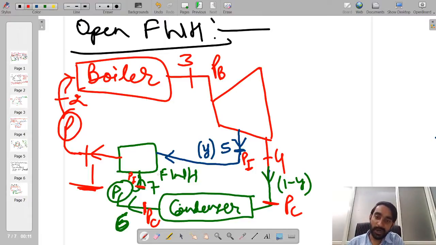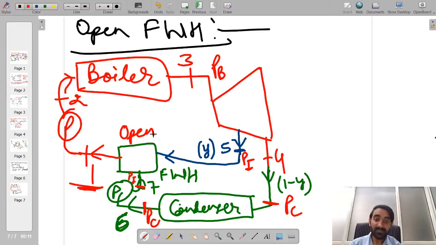Now in this feed water heater, what is basically happening, one mass is entering at this point, another is entering at this point, and both are then mixing and exchanging the mass as well as energy, and at the end we are getting nothing but certain thermodynamic state at the exit. So across the boundaries of this control volume, basically both mass as well as the energy transfer is happening. So that's why this type of feed water heater particularly we refer to as open type feed water heater.